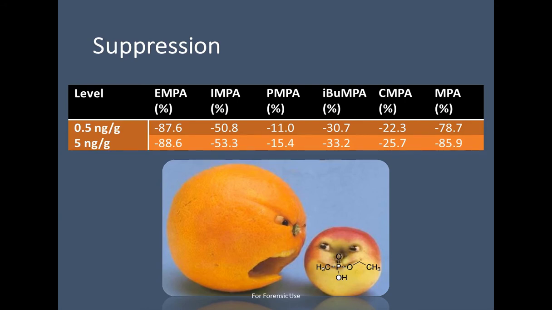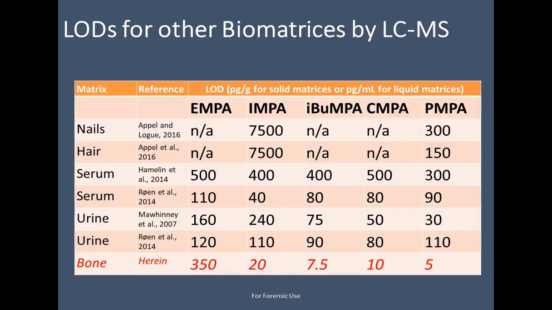And so we can only go so far without eliminating part of our ions. So in this case, we just have to deal with the ion suppression that's present and try to move forward and do a study in which we can at least understand whether or not we can detect from a bone matrix. So we look at the limit of detection in the other matrices that have been used by LC-HRMS, and